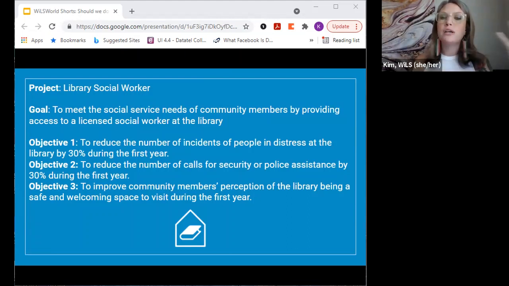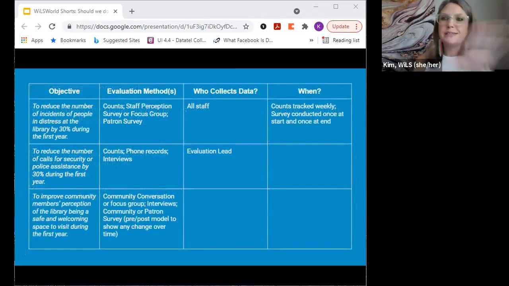So once we have those questions fleshed out a little bit more, we want to pick our methods. Here are some inspirations for different ways you might gather data to track progress on each objective. To be clear, when it comes to evaluation design and methods, there really is no right or wrong answer per se, but there are definitely better and worse fits.